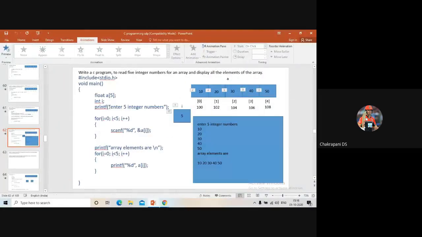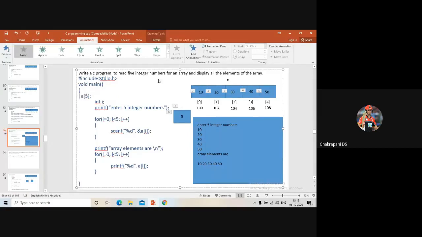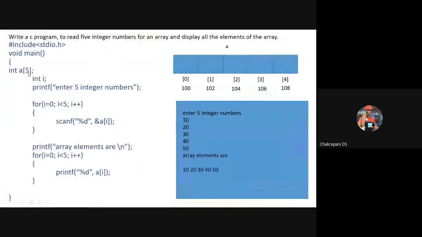It should be an integer array here. So we are declaring an integer array. Then we are creating an array with consecutive memory blocks with some index values and addresses: 100, 102, 104, 106, and 108.